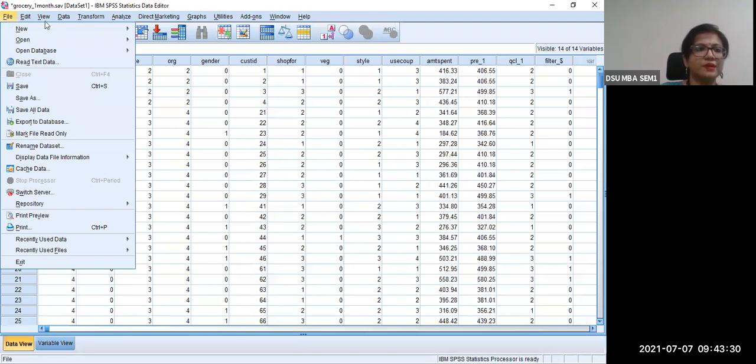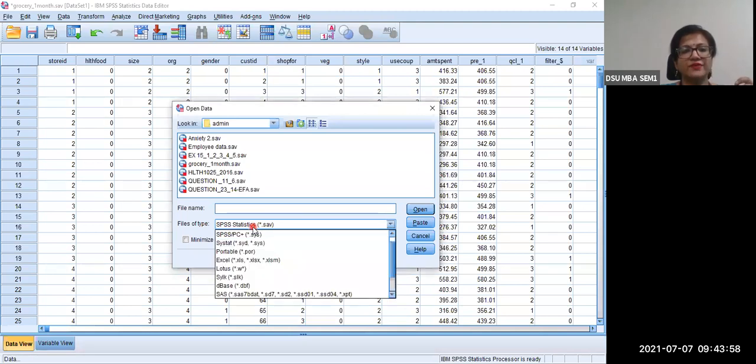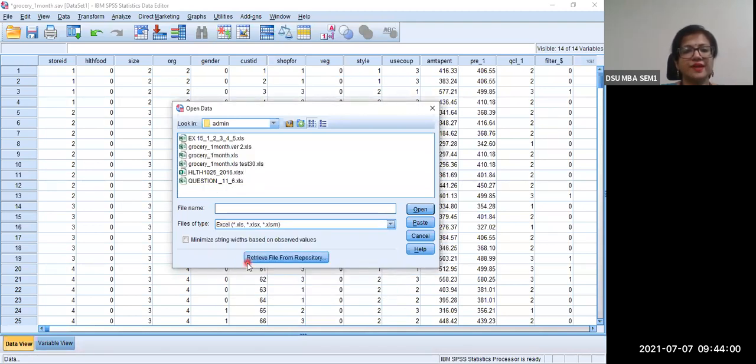So supposing I want to open a new file. So I'll go to file, here open data. And then supposing I want to use what? Excel file, right? So I have to click here. Please look at this place. I think I have to use a spotlight here. So observe the spotlight, please, on the screen. So file, which type of file should I look in? I have to look at Excel file. So I need to look at the file of type, select that Excel file here, then choose which file I want to select. All right.